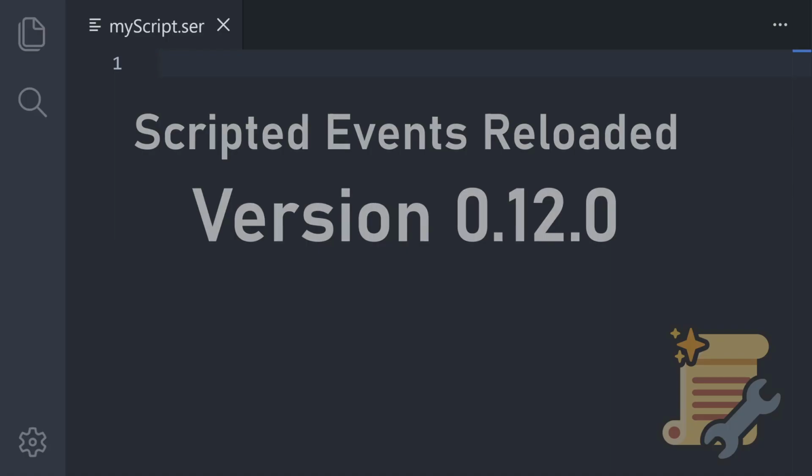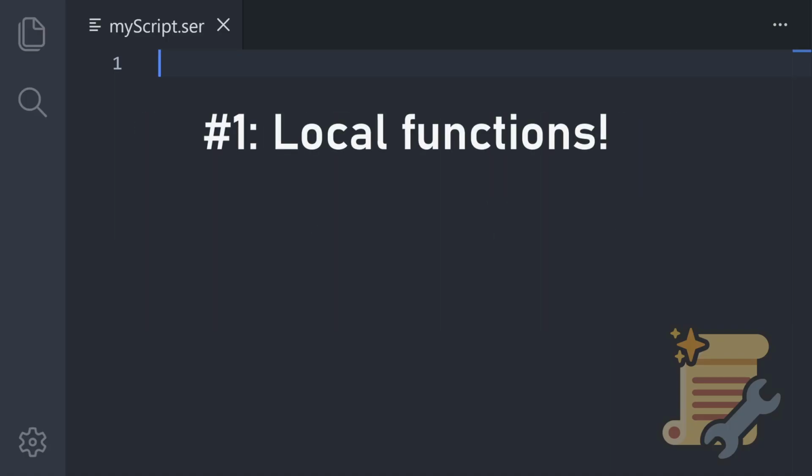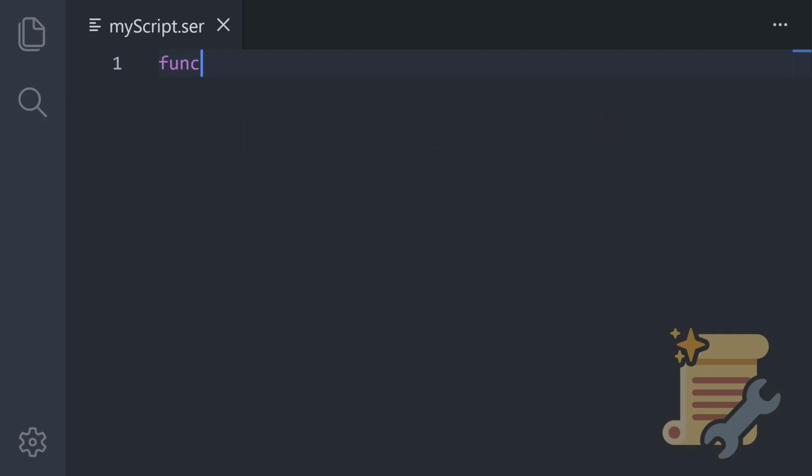Starting with one of the biggest additions, you are now able to create local functions. To define a local function, use the func keyword and provide a name. In our case, let's call it my function. Now we need to define what this function will actually do. For our case, we will just print hello everyone, but keep in mind that you can put whatever you want